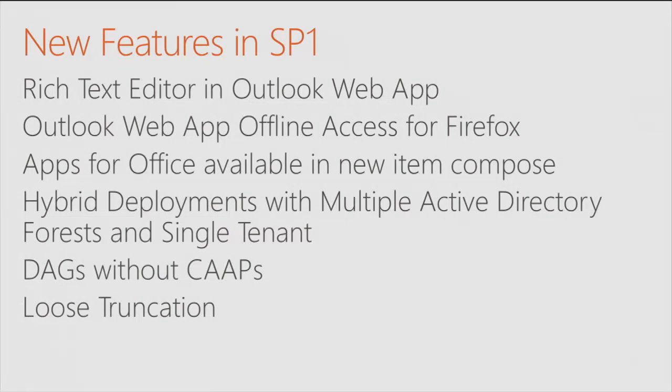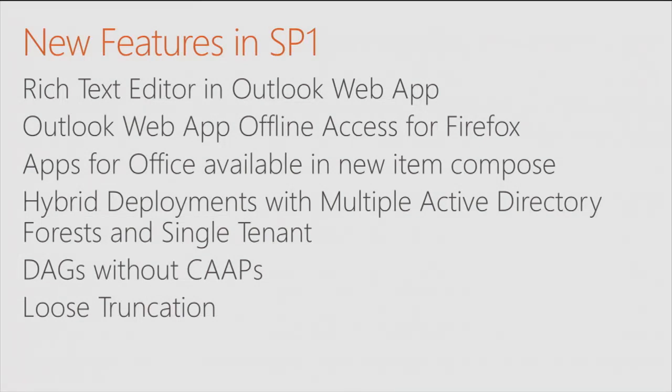We've also done some things around hybrid, specifically around allowing organizations that have multiple forests to be able to connect those multi-forests in a hybrid relationship with a single Office 365 tenant. Now, caveat around that though, we have enabled that, but we're not quite there in terms of our tools and documentation. I'll talk about the tools in a little bit and where we'll go with those, but in terms of the documentation, that's also a little bit behind where we are in terms of the code right now. So if you're looking for the step-by-step process on how to do that, it's not there just yet, but it's